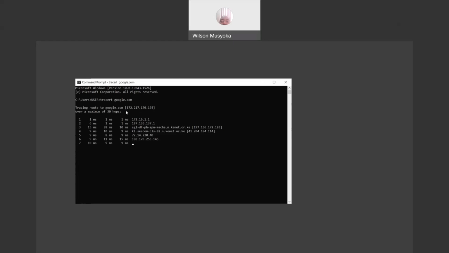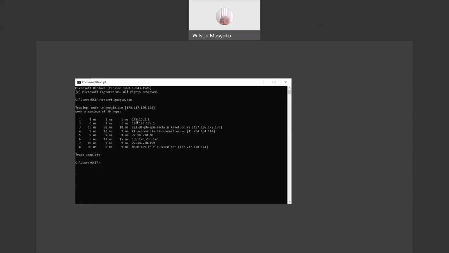So this is a class B IP address. Then we are using the maximum number of hops is 30 hops, meaning that once you reach 30 hops, then there is going to be a timeout. But it has only taken 9 hops or 8 hops to get to the destination address,